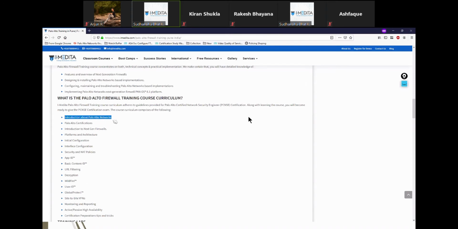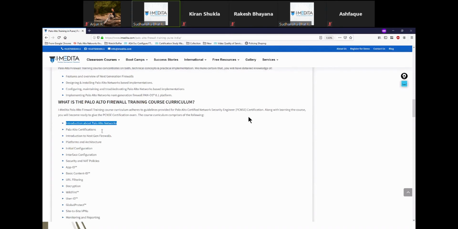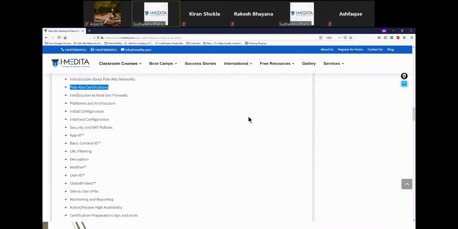We'll start with the basic introduction of Palo Alto Networks, certifications, and next generation firewall platform architecture. How does it work? We'll start with the initial configuration, then configuring interface options, host name, setting passwords and creating usernames. Then we'll go into security and NAT policies.